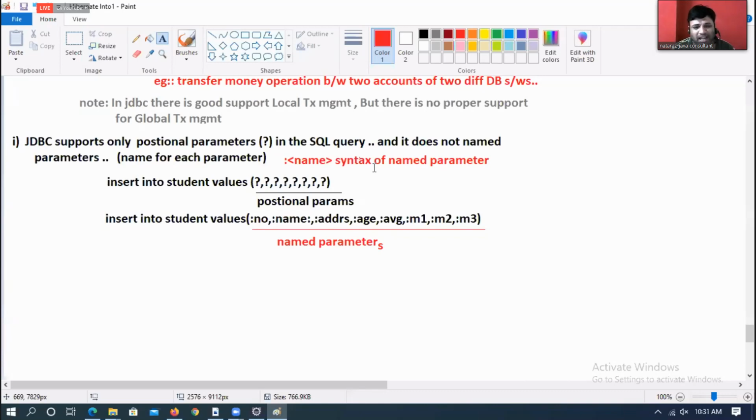Why flower bracket? Why semicolon? Why means that's the syntax. We cannot question the syntax, right? But every syntax tells something. Semicolon indicates the end of the instruction. Open flower bracket indicates the start of the definition. Come on, we don't question syntax. We follow the syntax. To tell that it is not an SQL keyword, not a column name, not a table name, you should take it as a parameter name. This colon is there.